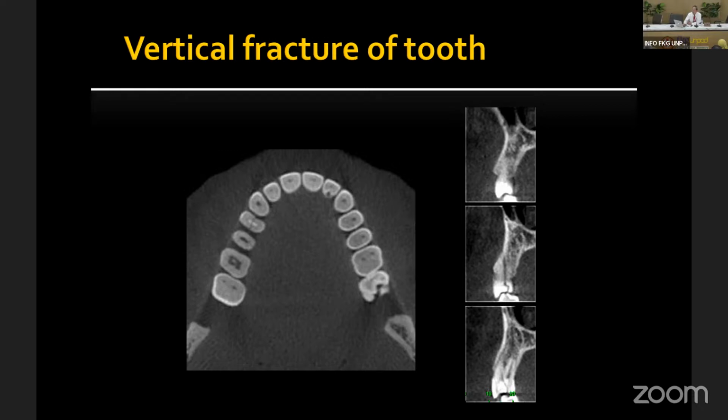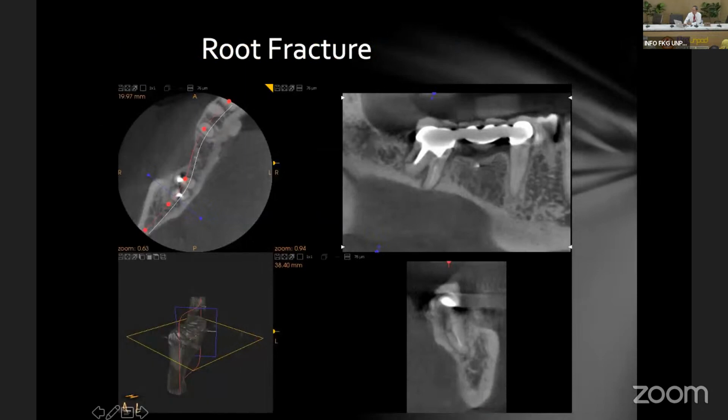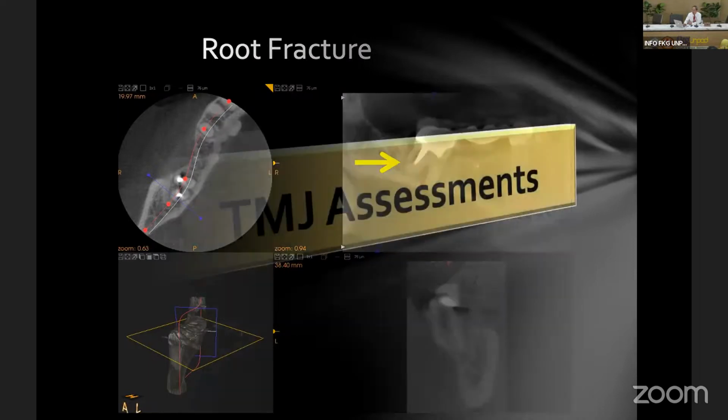But with the cone beam, you can easily see that the fracture is here, and this is a mesial-distal root fracture here. Also, root fractures tend to be in the area of the post and core. That's the area where you often see the root fracture.